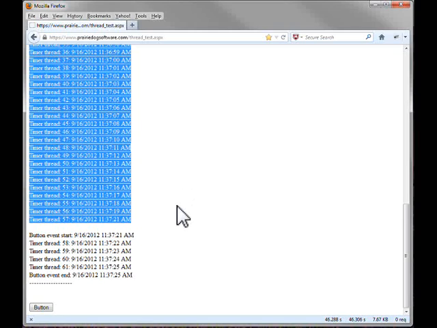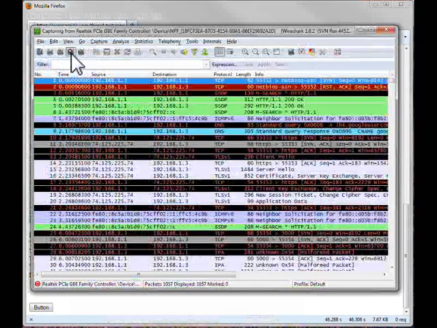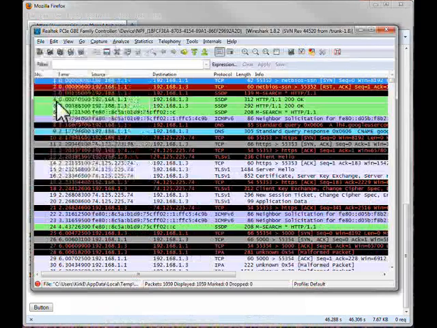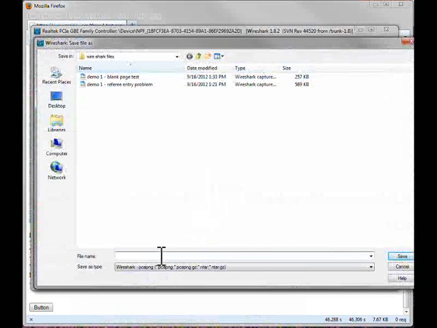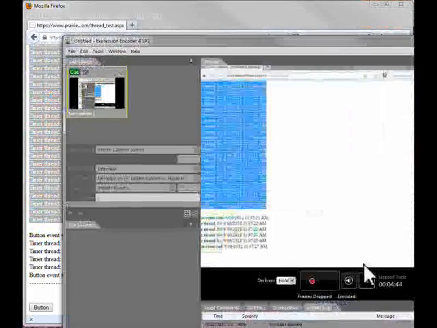So we'll go ahead and stop the Wireshark capture. We'll go ahead and save this out as demo 2 thread test. And then I have one more demo to do. And we'll